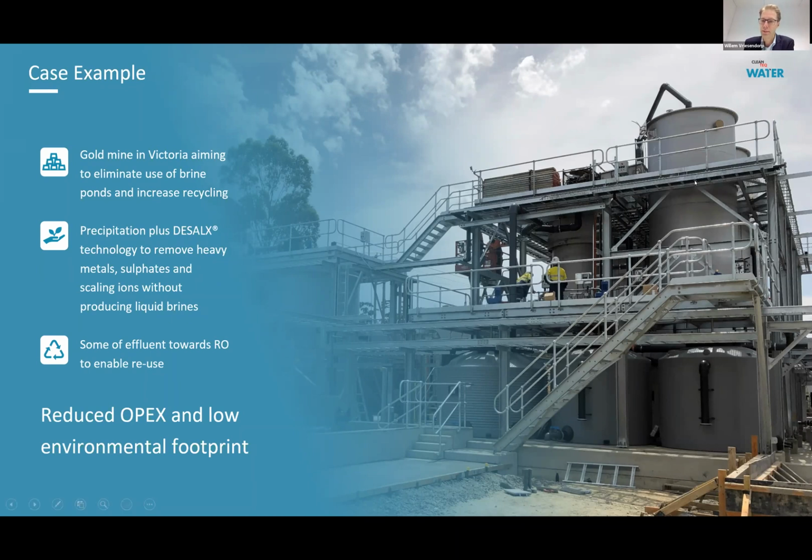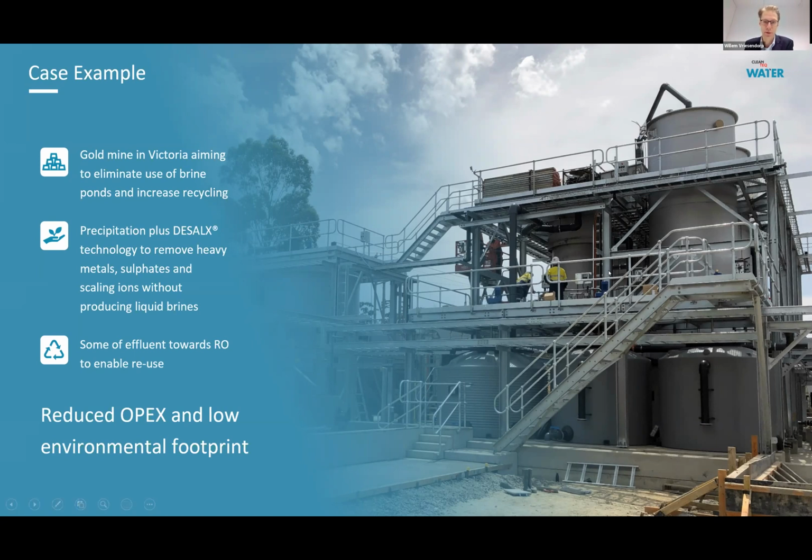And you see these big columns in here, the resins are in those columns. So the patents are around these kind of installations, and a lot of our know-how is around these kind of installations. And what we then do is we bring benefits by using a very different method of treating water than existing methods. So in this specific example, which is an example of a plant in Victoria, our benefit is twofold. So one is we reduce the OPEX, and another very important one is that by treating it the way we